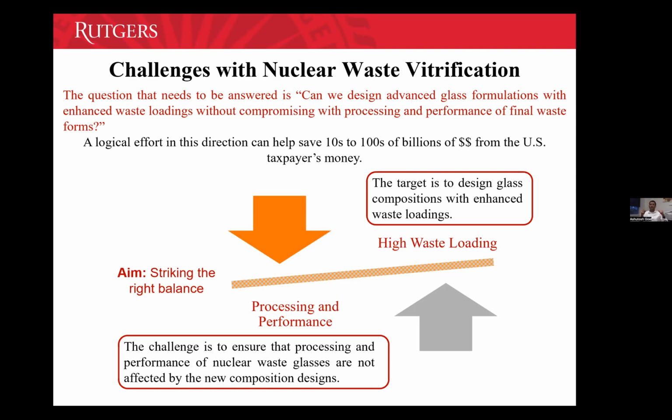So the $1 million question is that we are at a point where we can start melting the glass, where we can start converting the waste to glass. We can do that. But all of this waste to glass conversion process, all this Hanford site vitrification plant, is being run on taxpayers' money. It's being run on your money and our money, whatever taxes we pay. So we need to be efficient and more productive about it.